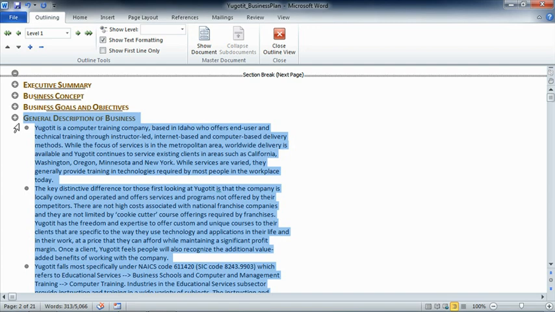Even though the outline view has all these great, wonderful little tools to help us understand and modify the structure of our document, or even create master and subdocuments, for those really big projects, we can't do without it. But when all is done, we want to go back to the normal view. In order to do so, all we have to do is move to the ribbon and choose the